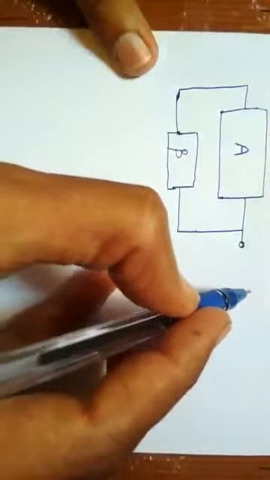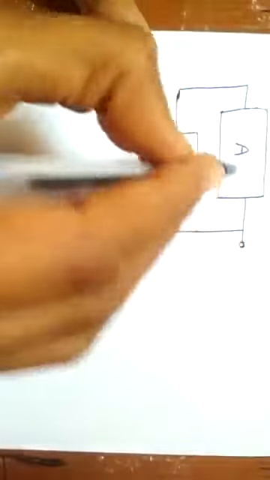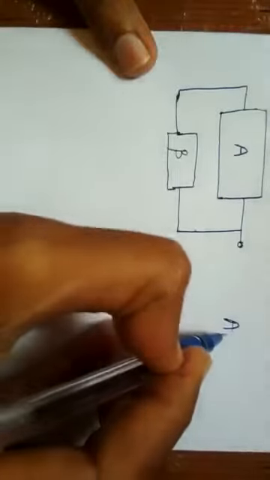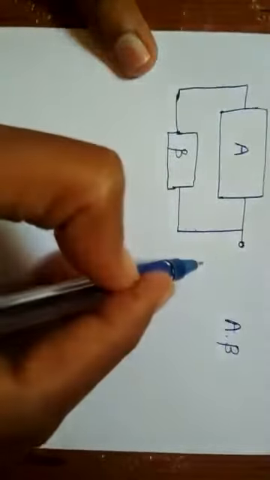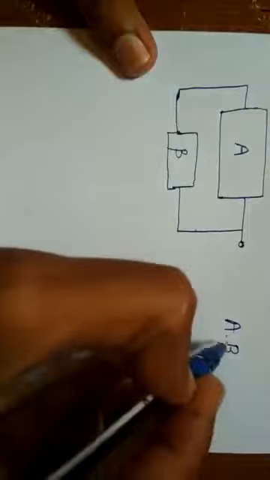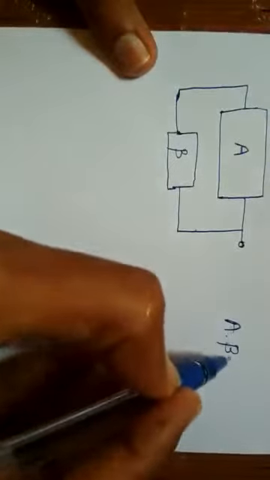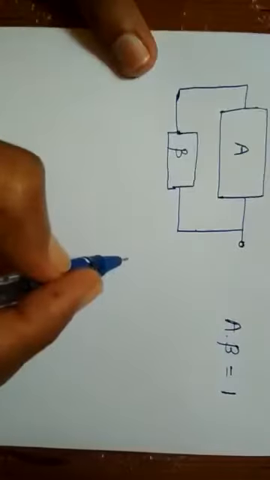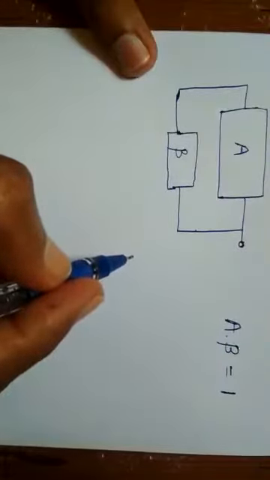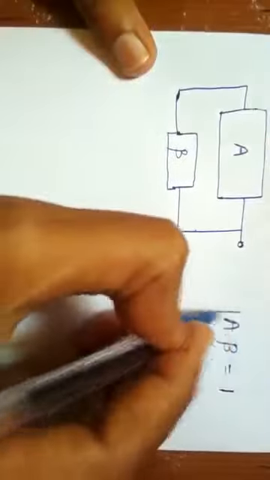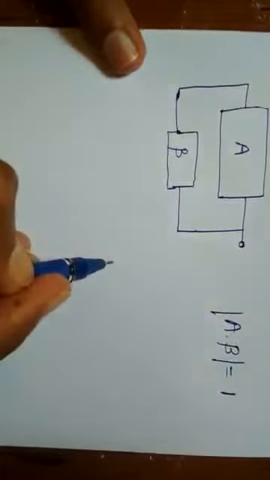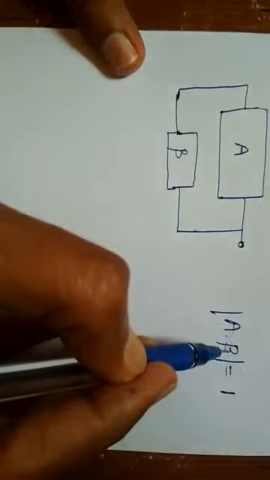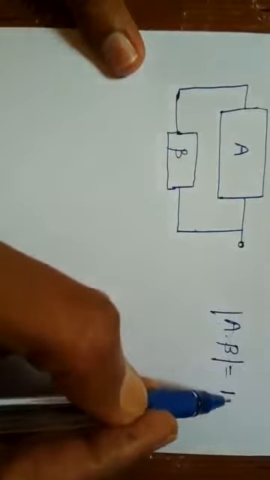And the Barkhausen criteria is: the gain of the forward path multiplied by the gain of the feedback path, this product, if it is unity, a 1, means you can also take this as absolute value. The absolute value of the product of forward path gain and the feedback path gain is equal to 1,